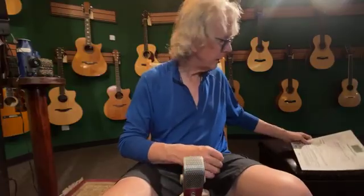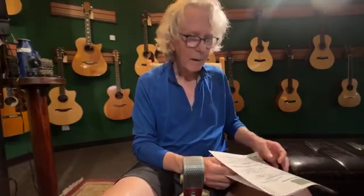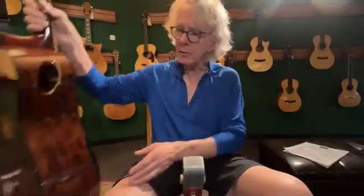Step this way. The guitar is made by a gentleman named Jeffrey Yong in Indonesia. And I've never seen anything quite like it. I haven't seen anything remotely like it. And it's full of surprises. Here, I'll give you the visuals for starters. The front